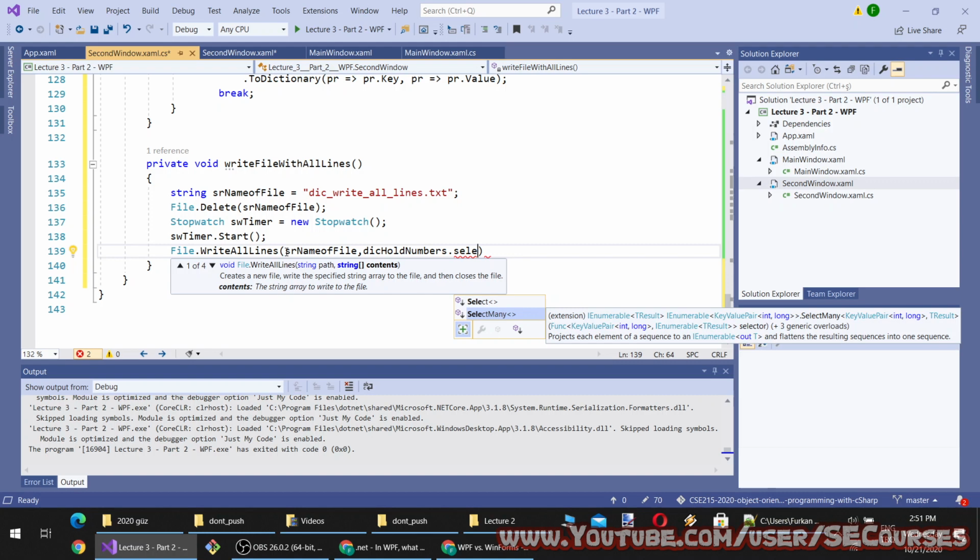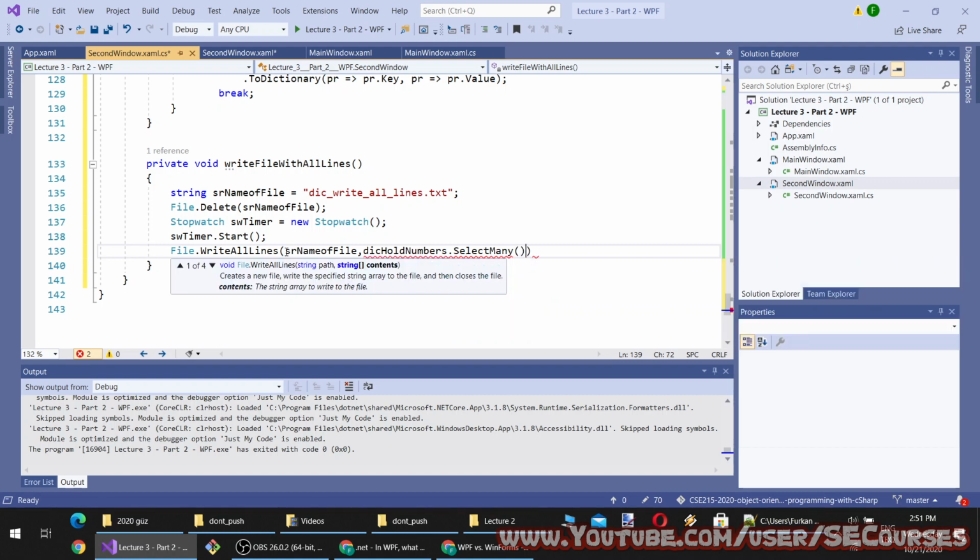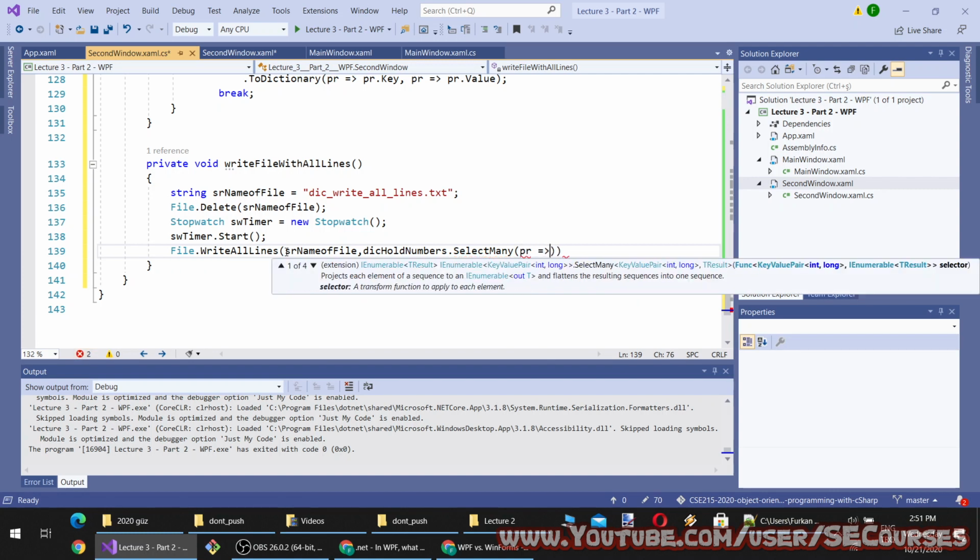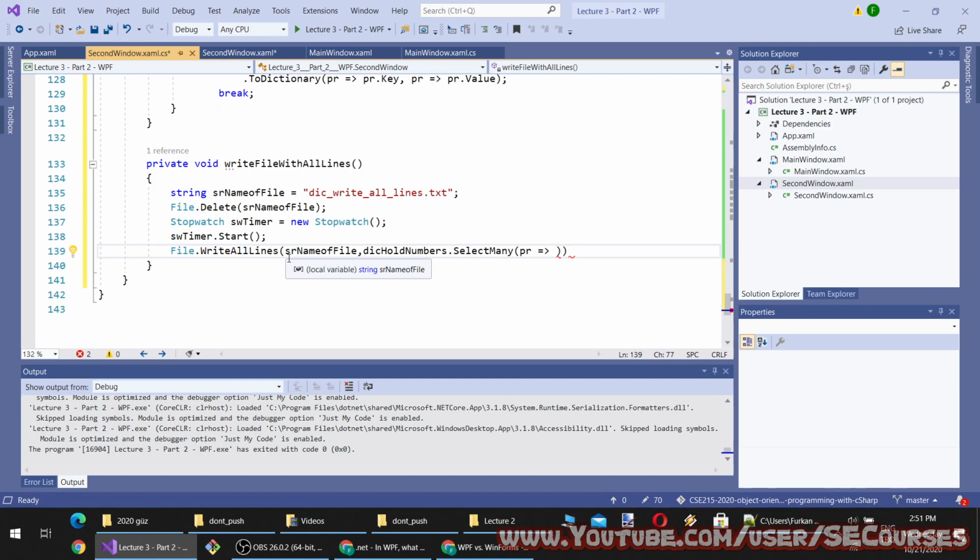SelectMany selects and flattens the resultant sequence into one sequence. SelectMany, and PR. Let's make it PR.Key plus this one and plus PR.Value. Let's check this.